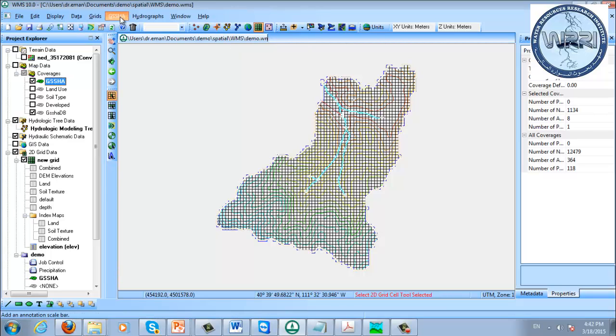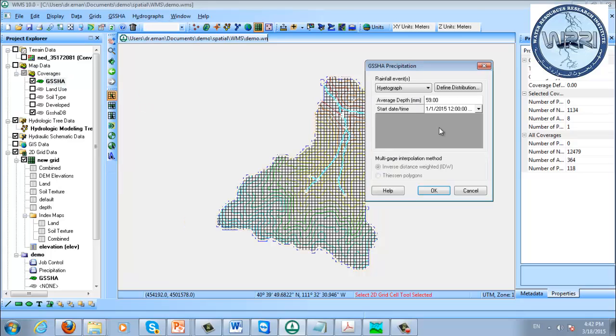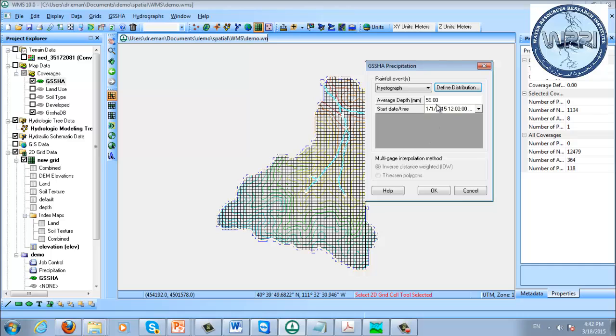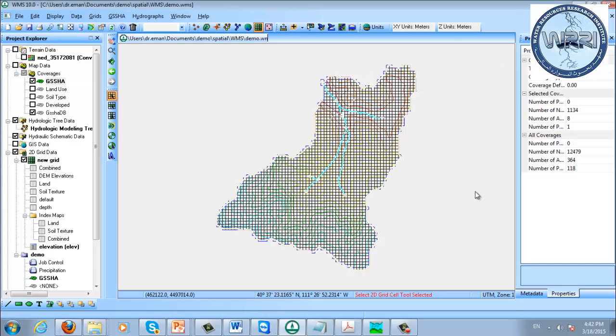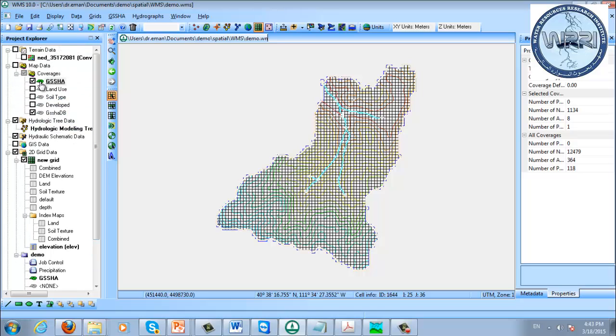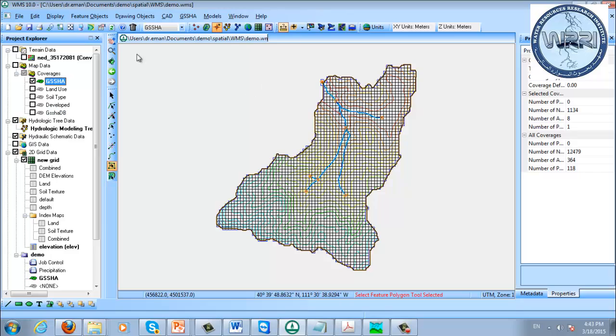So right now, if I go to my GSSHA and look at the precipitation, I'm using a rainfall hyetograph. This is the graph I'm using. If I want to change this model to use radar rainfall data,